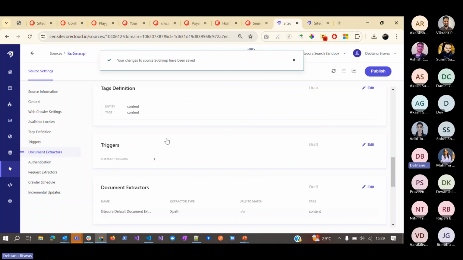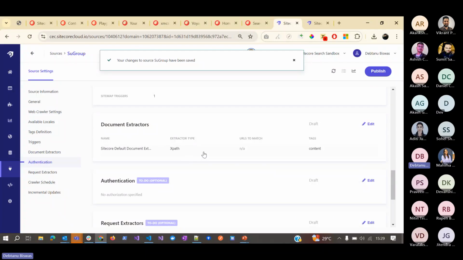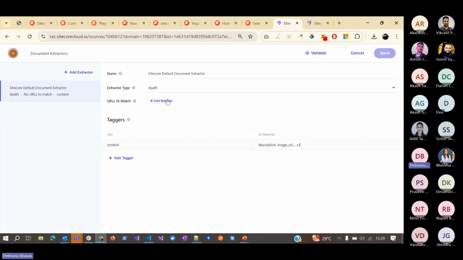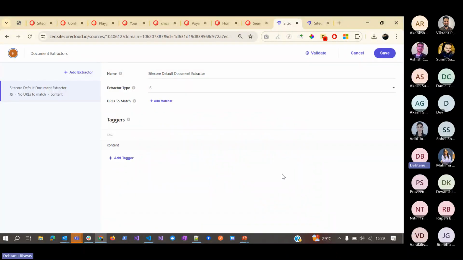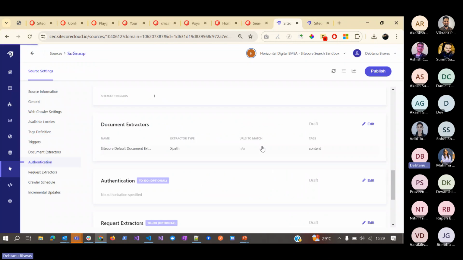Now the next step is the configuration of the document extractor. In this document extractor, we are using the JavaScript extractor, and we'll have to use a tagger. A tagger is nothing but the JavaScript which will be retrieving the data from the web pages. By default, Sitecore gives you a proper extractor. If you need anything else, you need to configure that also. Once I save this,